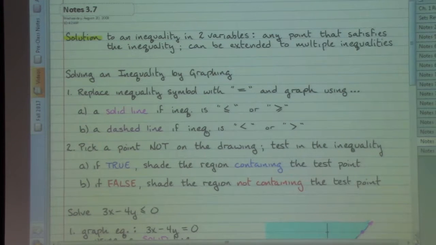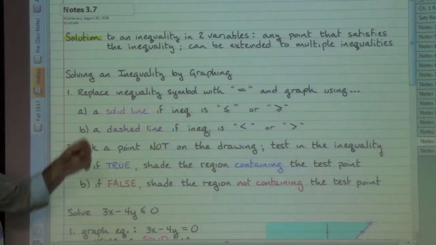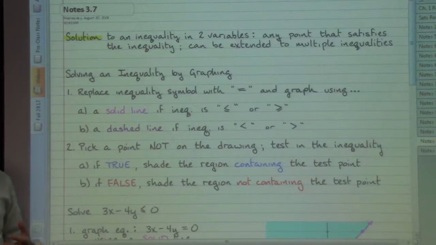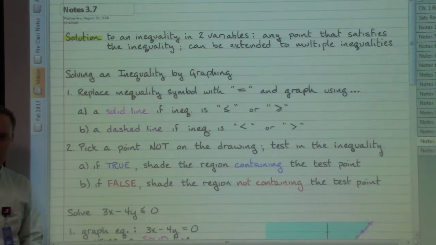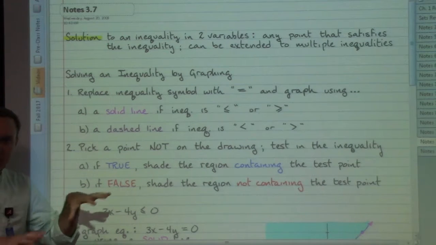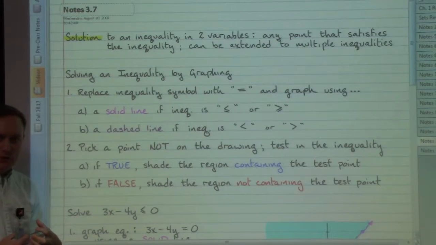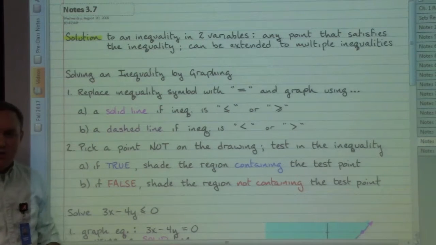So now that we've covered solutions to linear equations that have two variables, we want to take some of that at least and extend it to inequalities in two variables. So when we talk about inequalities in two variables, now we're not talking about just a line, we're actually talking about part of that plane, part of that grid that is also going to meet the requirements of that inequality,